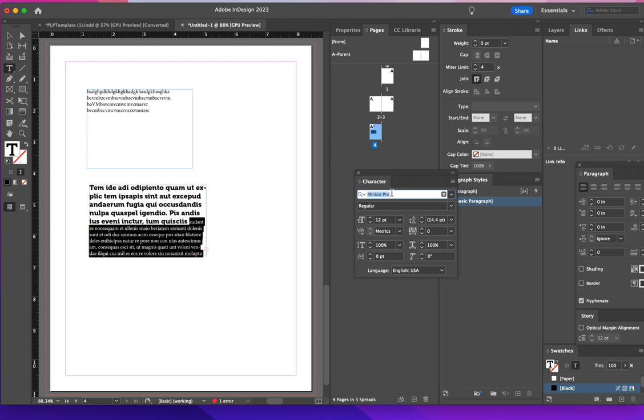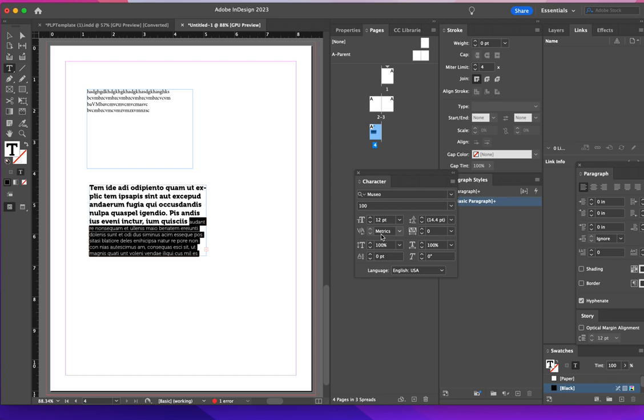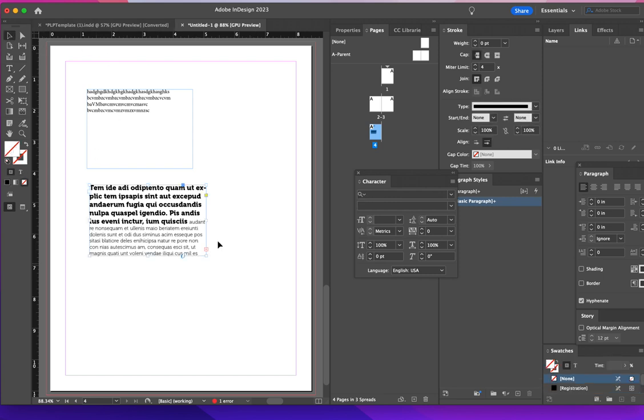I'm going to click on that. I'm still going to go to Museo because I want to use the same family, and we'll be talking about that eventually. Also, you might see here this little square. What that means is there's actually more type in here, and we'll talk about that later. Okay,